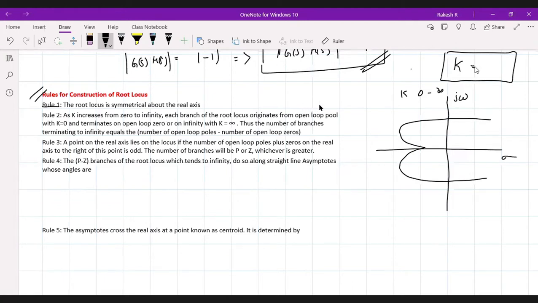In some problems we will be finding out some roots. For a marginally stable value, we will be finding one root. Let us say one root is here. If one root is present here, the other root should be on the imaginary axis on the opposite side, as a mirror image.